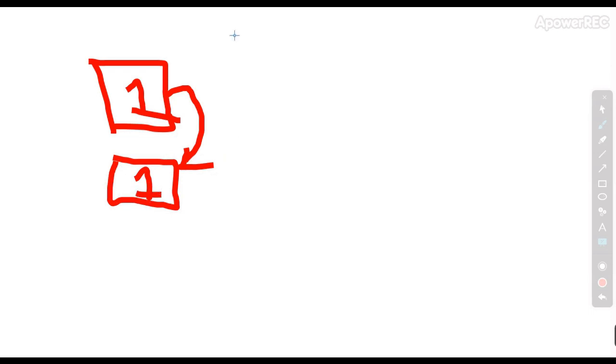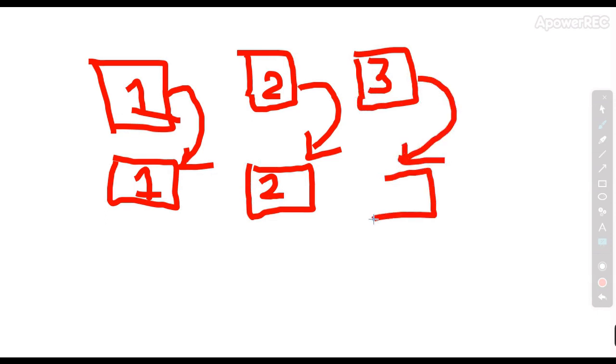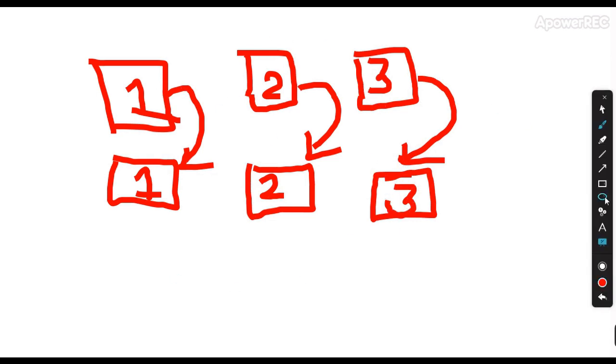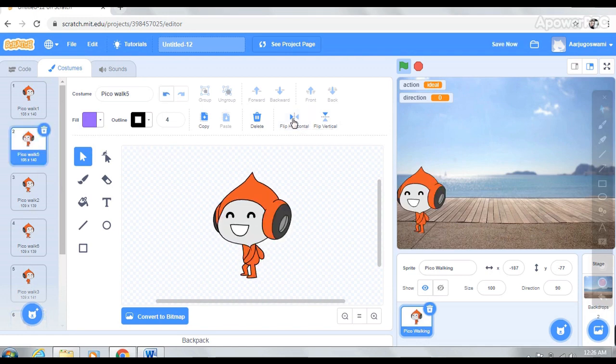If I have a card with number 2, the duplicate of 2 is the same as number 2. Same in the case of the card with number 3. Its duplicate looks like the number 3 card. So just like that, we have to duplicate every sprite, and we have to flip the duplicate one.